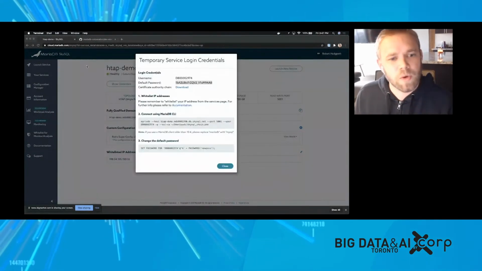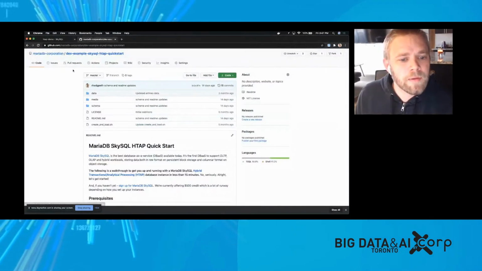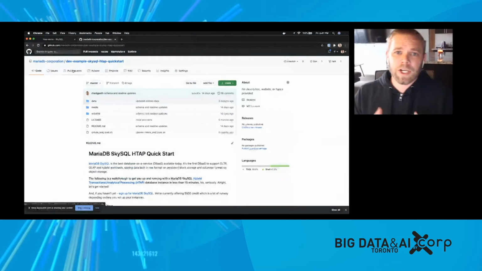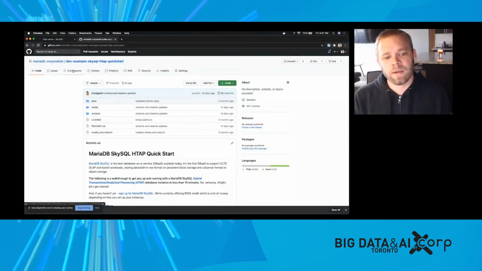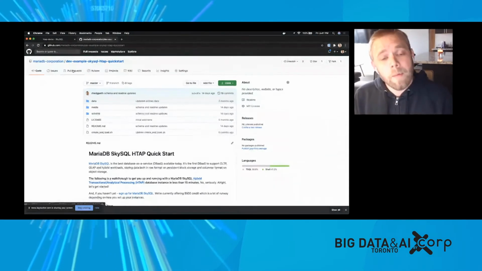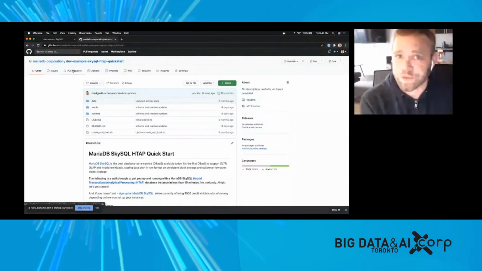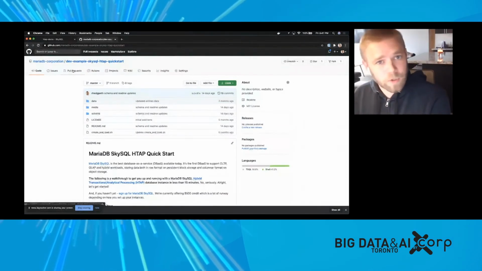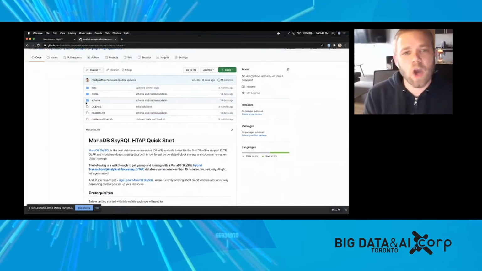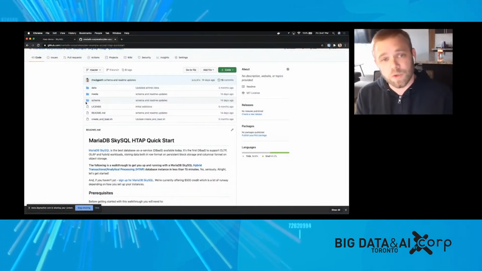And I'm actually just going to close my terminal window because I want to check out a repository that I'm going to be using to show how we can connect to, of course, MariaDB SkySQL, which we've been doing, but then be able to create schemas for both InnoDB, or that transactional side, and columnar on that ColumnStore side. And I've created a completely open source, completely public repository, which just includes the steps that I'm going